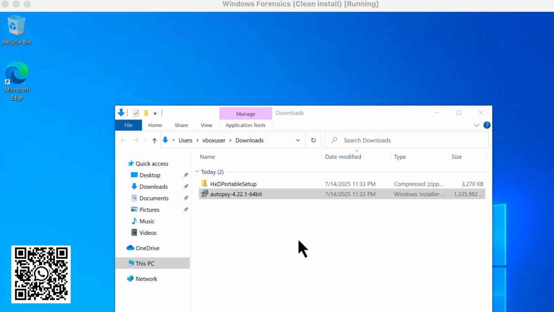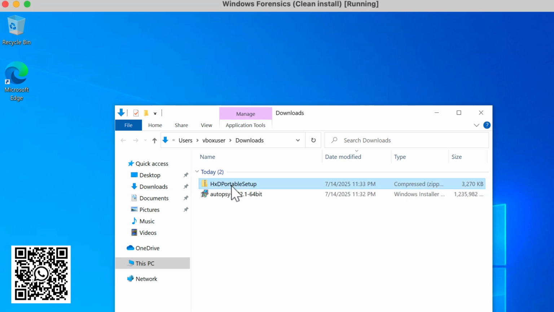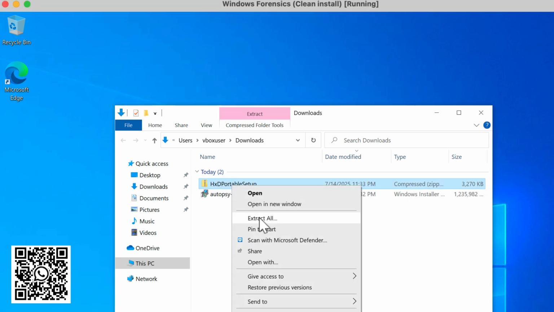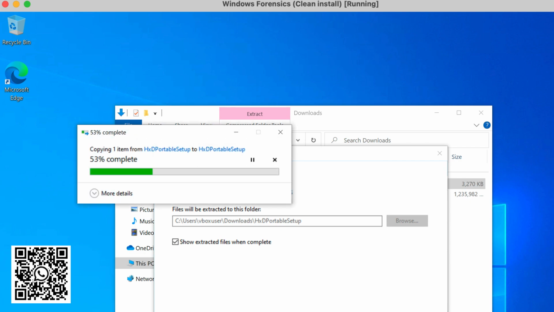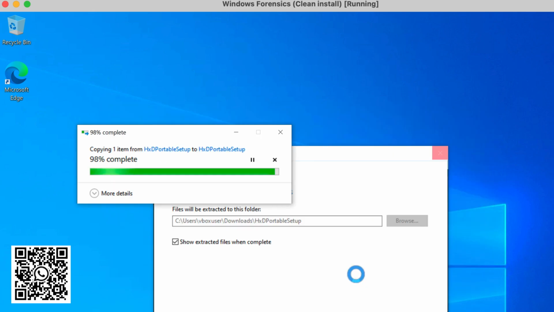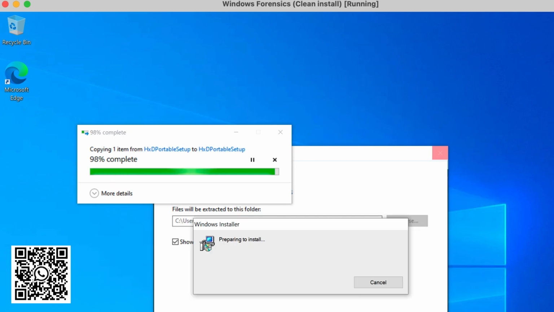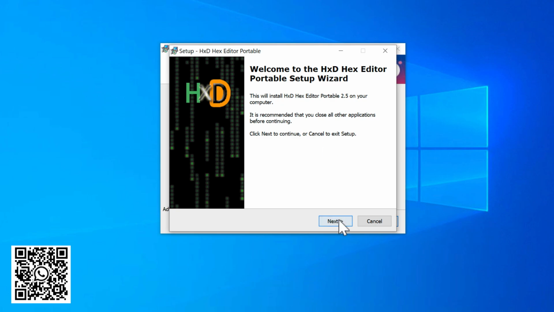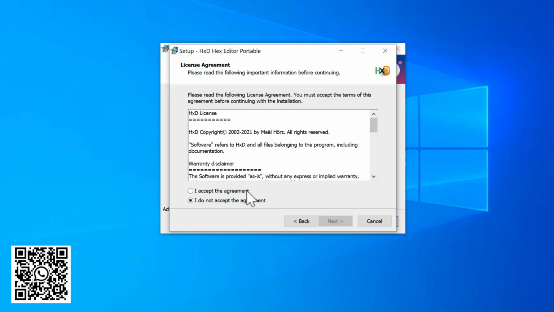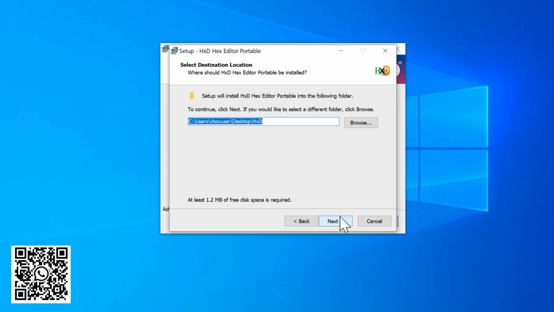In the next video, we are going to take a look at how you can use the software and how you can work around. Now it's time to install Hex Editor. Hex Editor is usually in a zip file which you have to first extract. After extraction, you just have to open the setup file inside the extracted folder. Hex Editor allows you to edit various types of files and especially check the hex values of various files. It is really important to have this editor because in the next videos in the series we are going to take a look at various tools that are used, and this is an important tool.